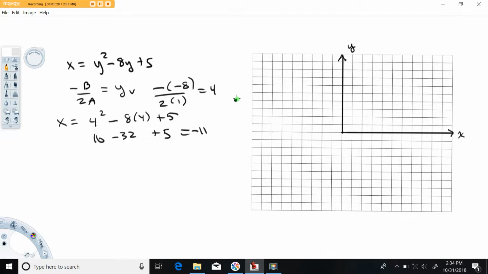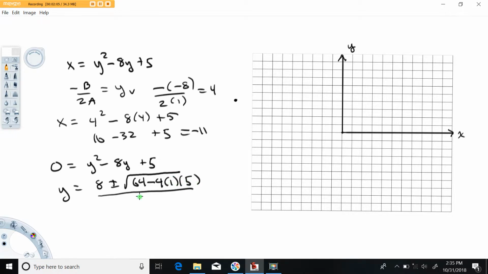All right, now, other important points to get. Let's go ahead and try to find the intercepts here where it crosses the y-axis. In order to do that, we'll set x equal to 0. And now we'll look for the corresponding values for y. If we apply the quadratic formula, y is going to equal the opposite of b, plus or minus the square root of b squared, I'm going to put 64 for that, minus 4 times a times c, all over twice a. So 8 plus or minus root 44